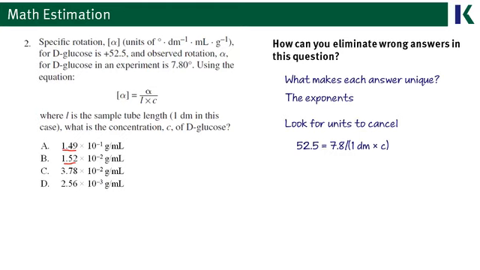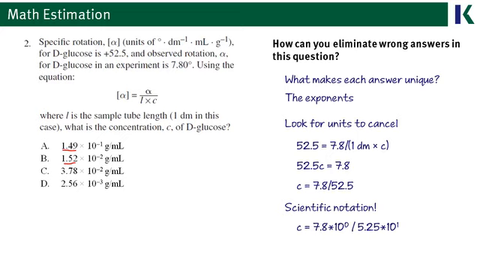We're again solving for C, so we do the algebra to get that, and eventually we see that C equals 7.8 over 52.5. Now that's not the most wonderful fraction to have to do in your head on the test, especially when you're running out of time, so we're going to now look to scientific notation. Here's what we mean when we say scientific notation. That 7.8 could be times 10 to the 0, and the 52.5 can be changed to 5.25 times 10 to the 1. What we realize about this is that we've got a 10 to the 0 on top and a 10 to the 1 on the bottom.